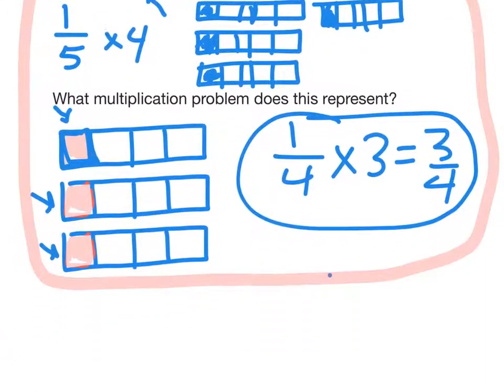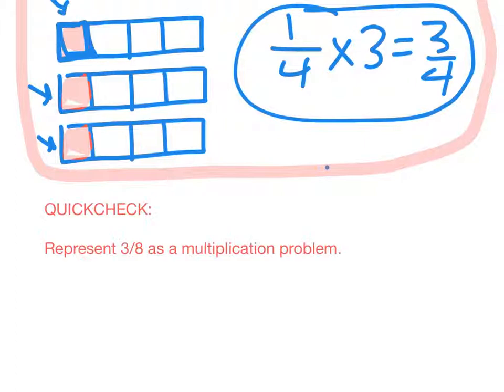Now, do the quick check problem. Represent 3/8 as a multiplication problem. Go back to your steps. There's only 2 of them. Follow that,